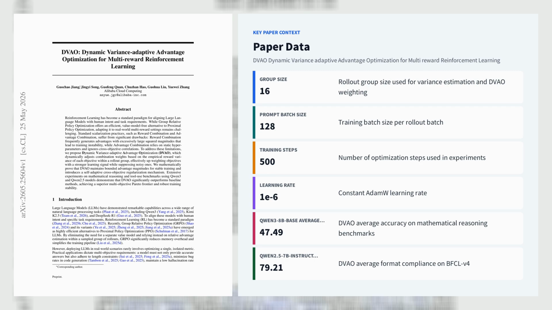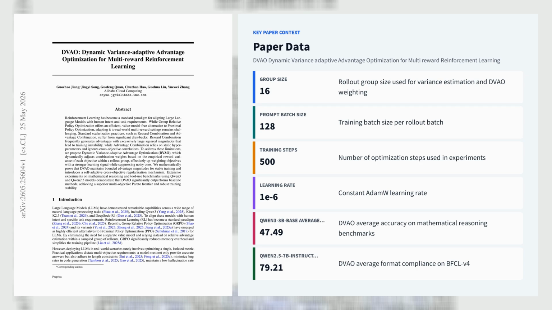DVAO reaches the strongest average trade-offs, such as 47.49 accuracy and 99.92 length compliance on Qwen 3 8B base, and 63 accuracy, with 79.21 average format compliance on Qwen 2.5 7B Instruct,